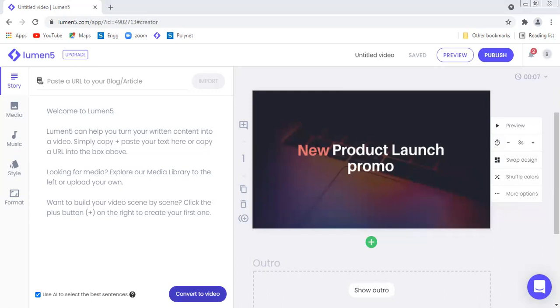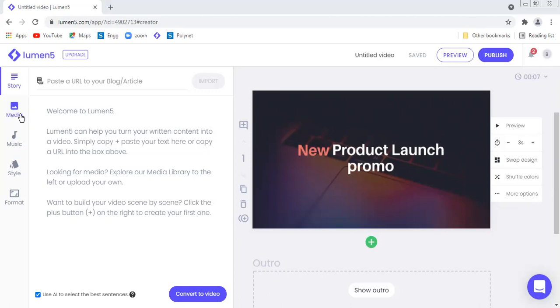On each slide, with the help of artificial intelligence, it will import some suitable images or videos. Many a times, those images or videos may not be appropriate. In those circumstances, we can select the appropriate media or images from the Media tab. There is a library of media in Lumenfy, so that can also be used.